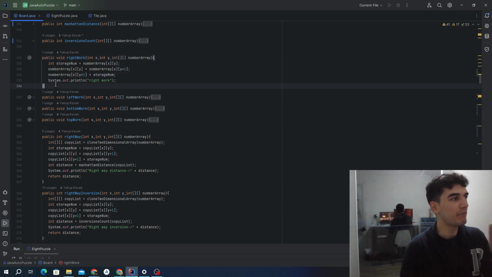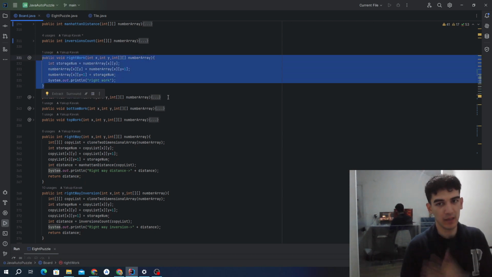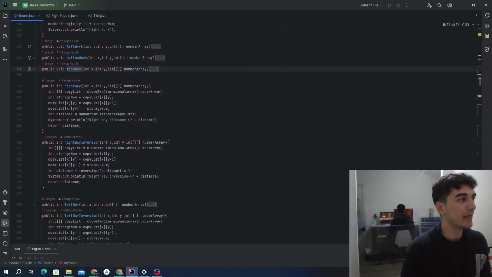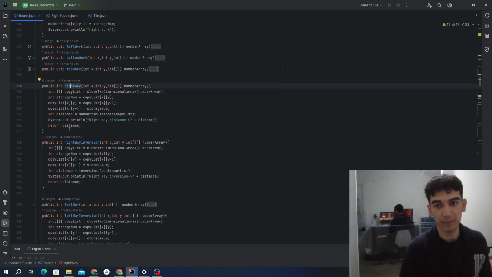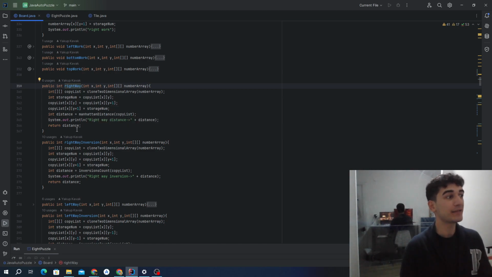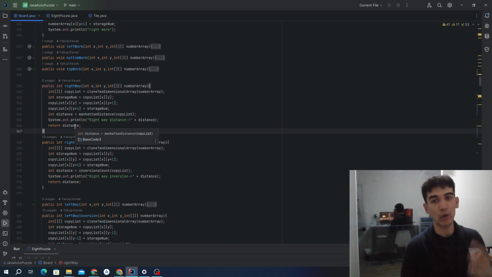So when we use that, we change the main memory array. And as you see, we have the left work, bottom, top work, and right way, which doesn't change the original array. It just uses a clone array,